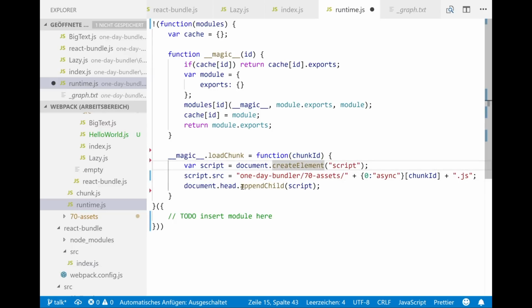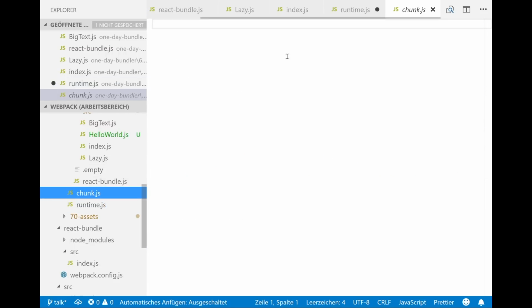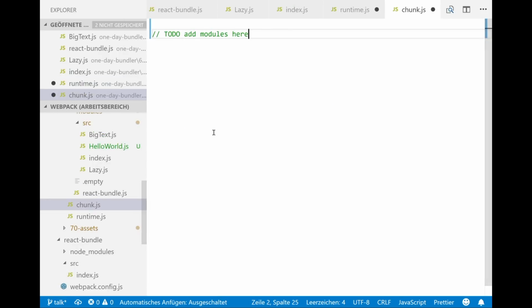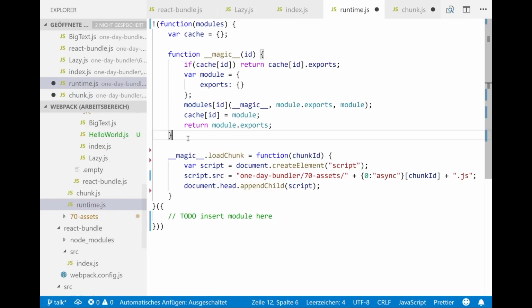Maybe we should have some kind of mechanism, after loading this script tag, to inject all the modules in the chunk, which is this one, to add modules here. We need some mechanism to put this back into this modules object, and because JSONP is so popular, we could do this with this mechanism.